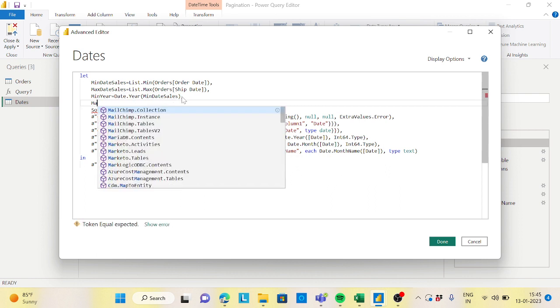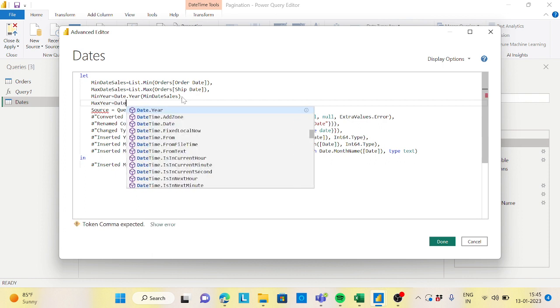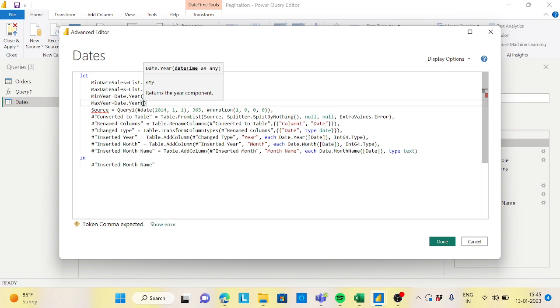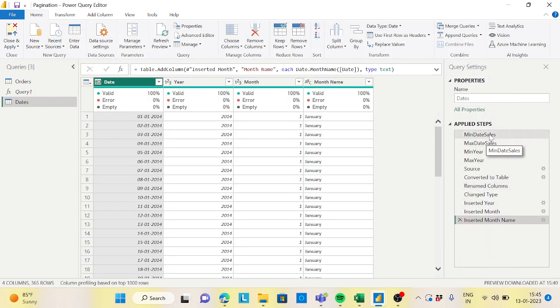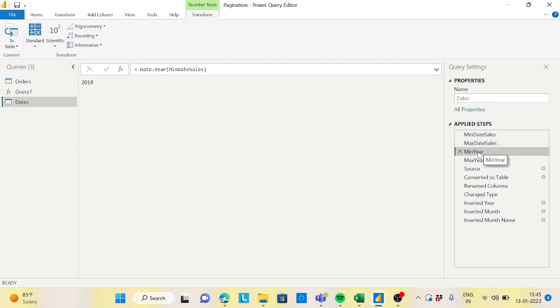Same way I will say max year equals Date.Year, then I say maximum date sales. Right. So now if I say done, so it is minimum date sales, maximum date sales, minimum year is